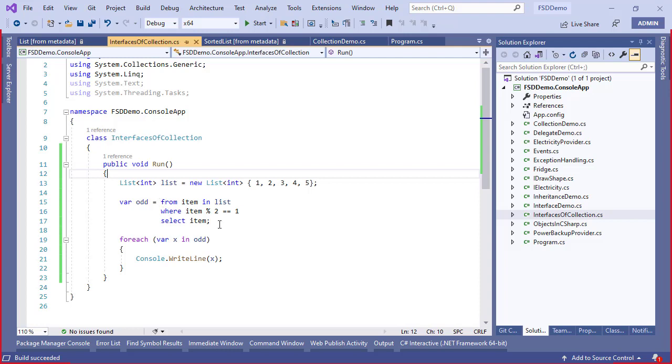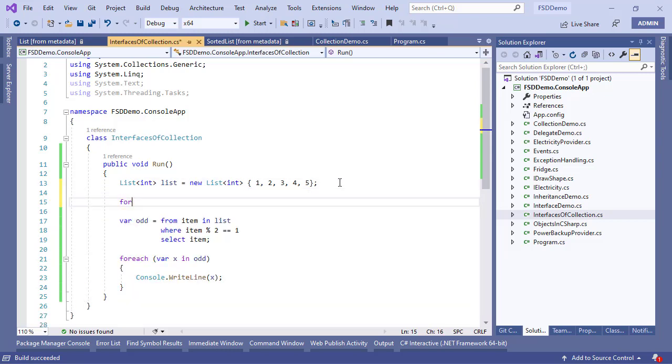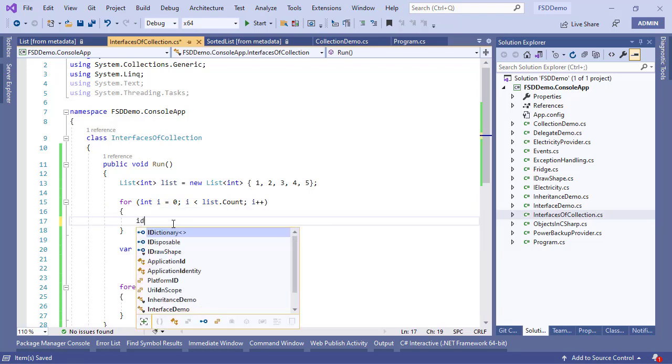So LINQ is a language integrated query. It is SQL query-like syntax inside a C# program, and it works on a collection, and using the from, where, and select keywords, it is going to give you a different projection of the collection. Now, to write this kind of program using the regular C syntax, we would have written code like this, that there's an integer variable I, there's a count. For each count, I would